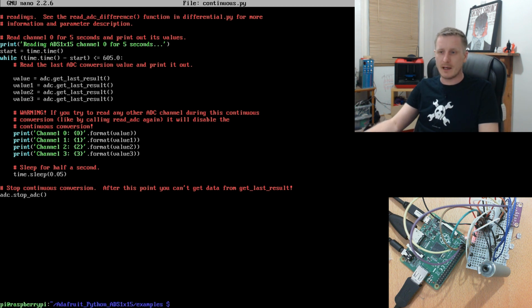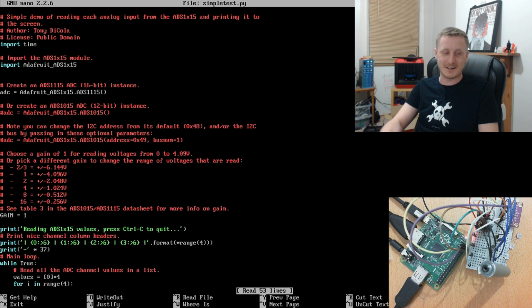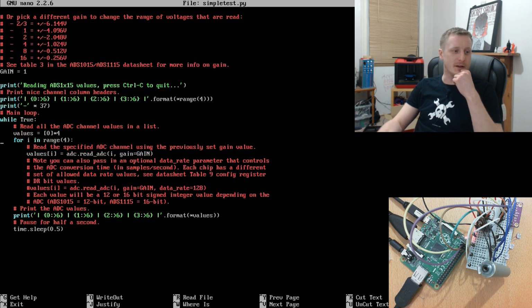exit that and let's look at a different example. The simple one does this, it prints them all out. So actually it'll tell me, I did the tab there, did you like that? So the simple example gives me all of them at once. And that's, yeah, there we go. So